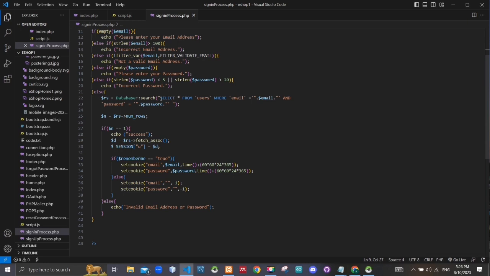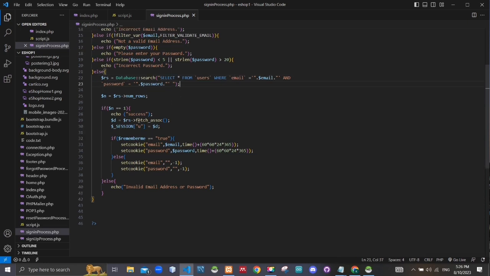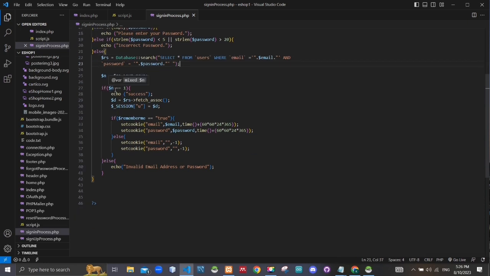The database search query is going on here. In this, if $n equals 1, echo success, and $b equals $rs fetch associate, they have used associate. In here $session,